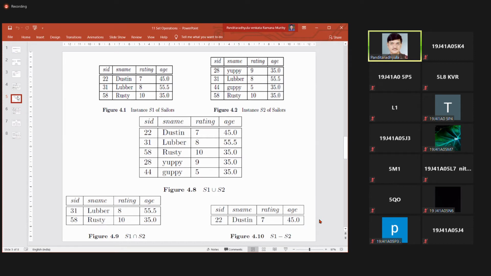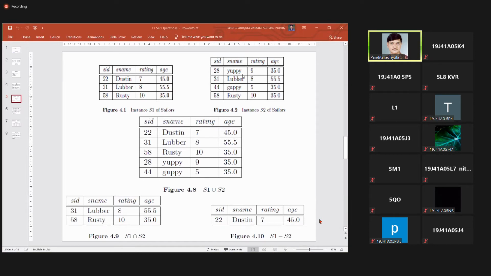I can say that table 4.1, or table S1, and table S2 are both union compatible, because both have a similar number of columns, and in the particular sequence all the values are of the same domain and data type. Here the first value is SID, and here the first value is SID of the same type. The second value is SNAME, and here the second value is SNAME, both the same type. The third is rating, both the same type.